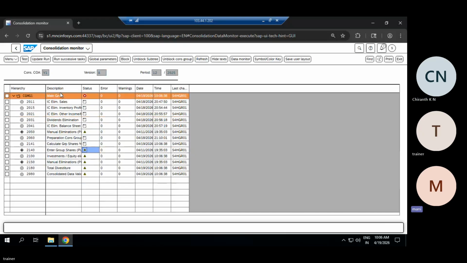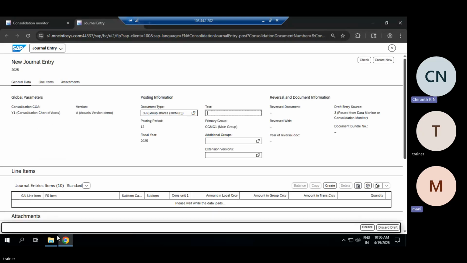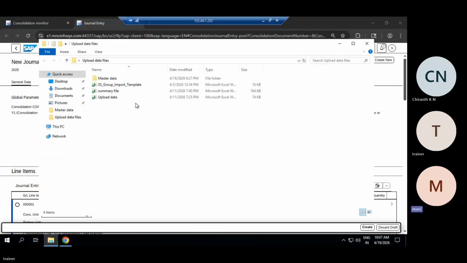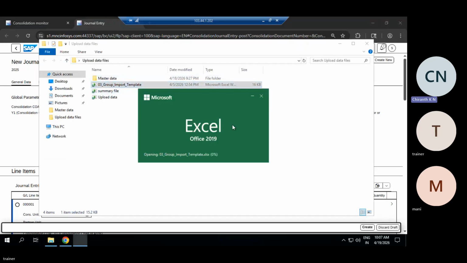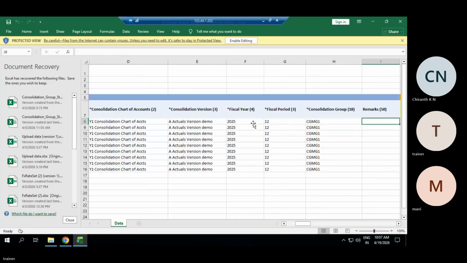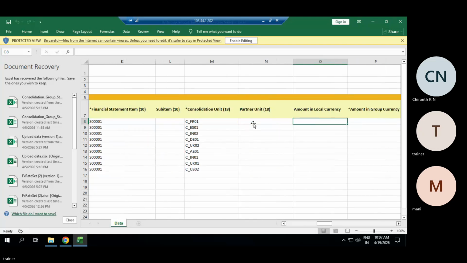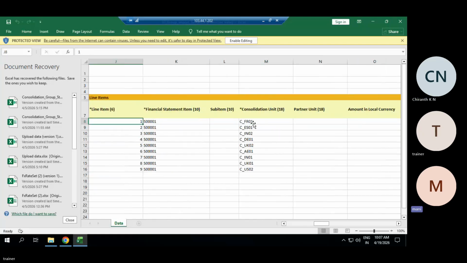Enter group share. If I go to this step, here we have 10 entities. If you look at the group, how many entities are there except the main entity? 9 entities we have.